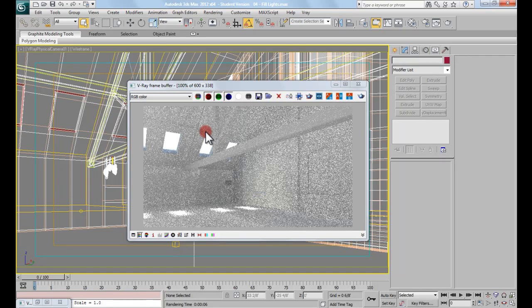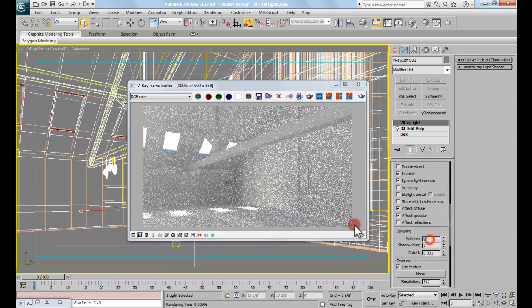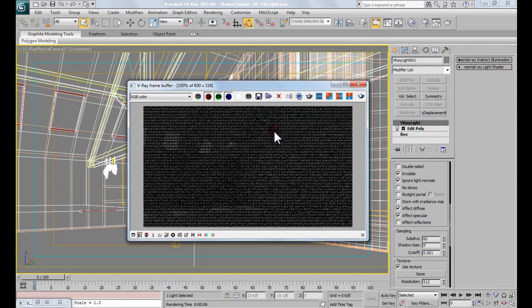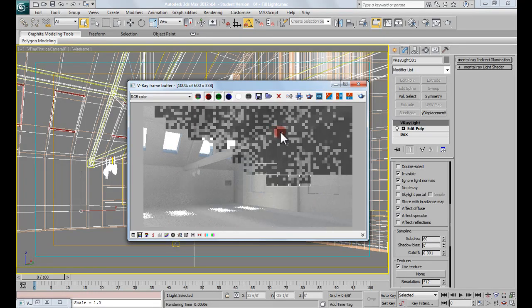Now I mentioned there's the two ways of doing it: using the sky portal or using what I like to use, a fill light in the scene. Personally, I like using the fill light more, just because it's a little bit easier to control. You can get just better lighting overall, better fill overall going in your scene. You can also use the portals, but I feel like using the portals is something that'll get you a more natural looking scene, but at the same time,